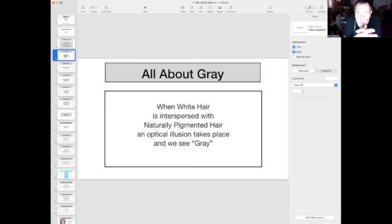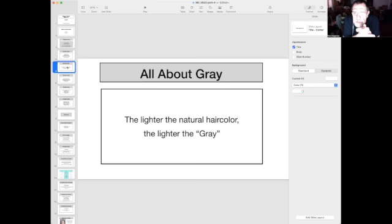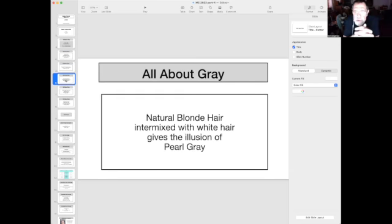Optical illusion. That's it. When the two of them are mixed together, we see an optical illusion of the color gray. Now, the lighter the natural color, the lighter the gray, the optical illusion of gray that we see. So what it means is this: if someone with natural blonde hair is intermixed with white hair, then you get the illusion, or you think you're seeing, pearl gray hair. Except if you wanted to, you could take that hair and you could divide it into two piles. If you cut it off the head, you could divide it into one pile that was 100% white, and the second pile, which was just